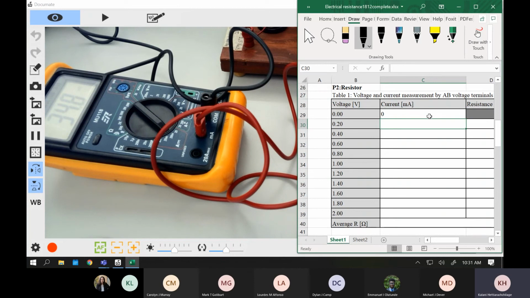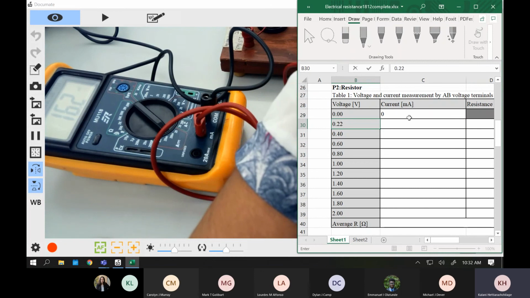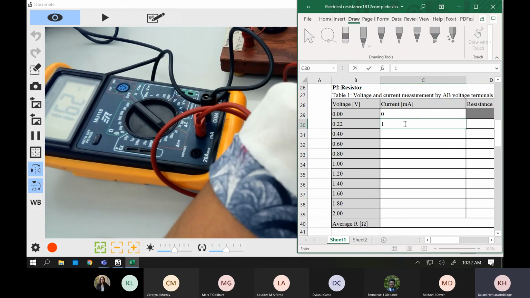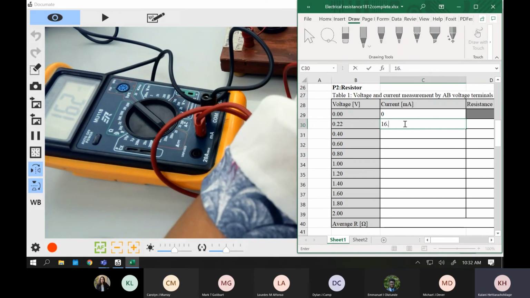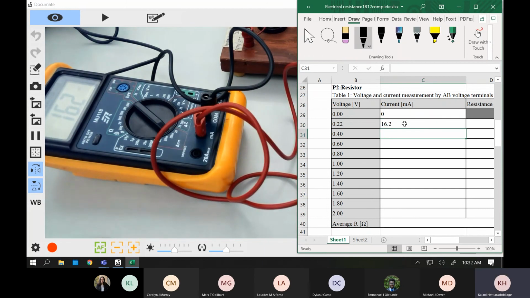It may jump to a bigger value, it may stay at 0.2, whichever number you can take. So if I can take 0.22, I am going to change this number to 0.22 and then write the ammeter reading in my next column, 16.12. So let me take a look at all of these. You have the reading. You turn up the power supply until you see 0.2 here. A very small amount.